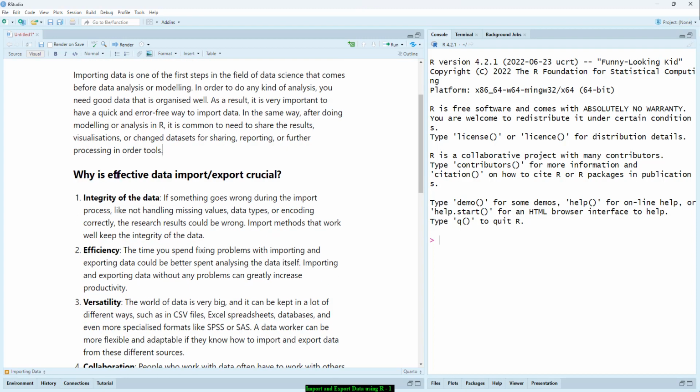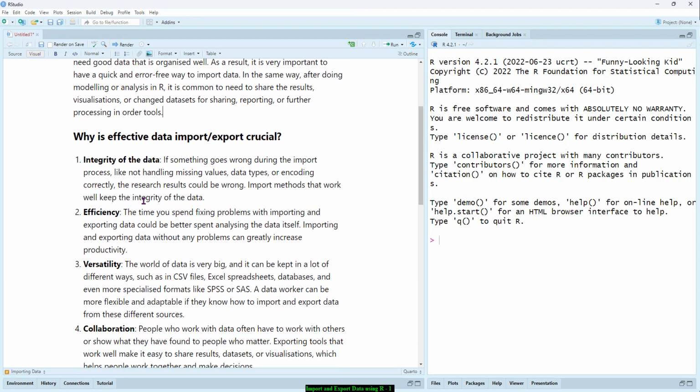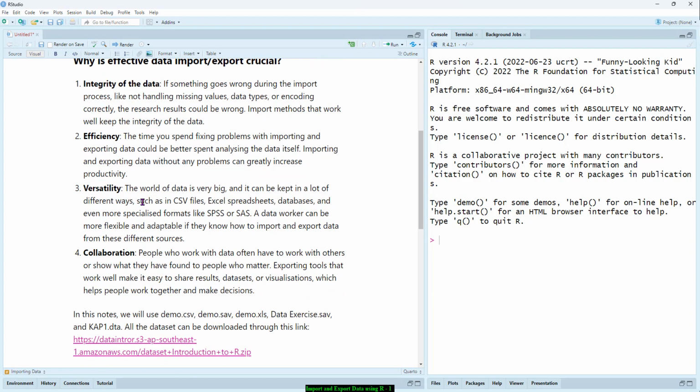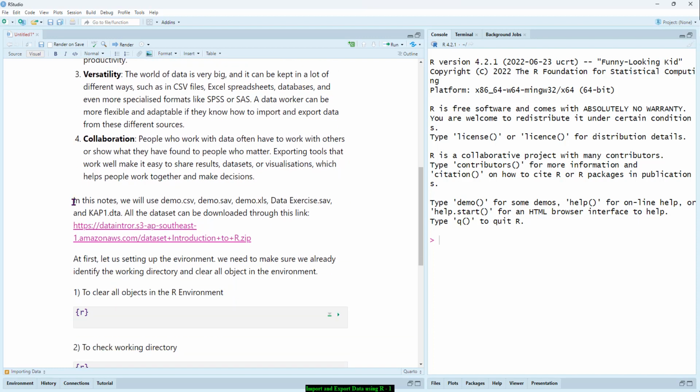So why is effective data import and export crucial? Because of the integrity of data, efficiency, versatility, and collaboration. It means that if people want to verify your analysis, they need to see your data and how you did the analysis. So in these notes, we will use demo.csv,